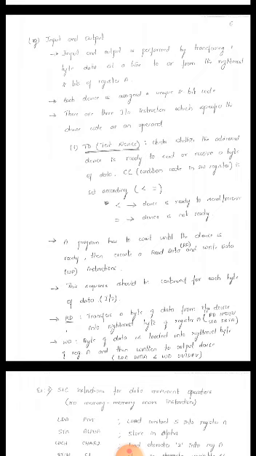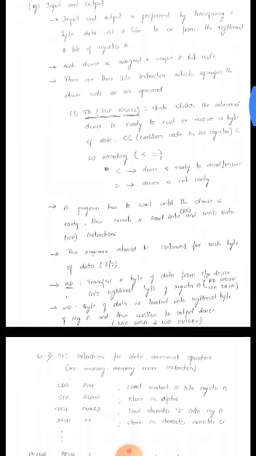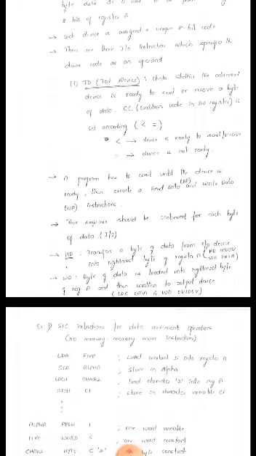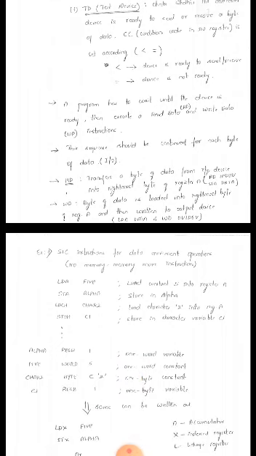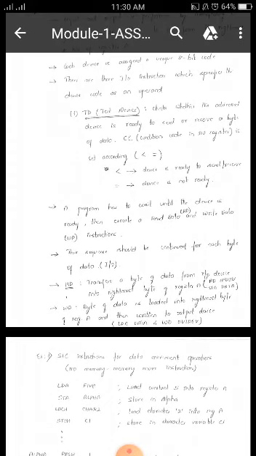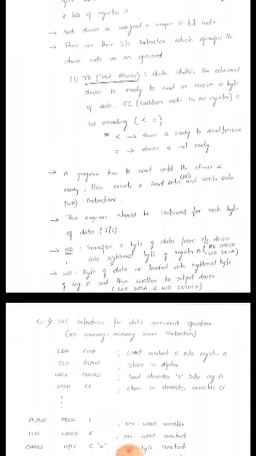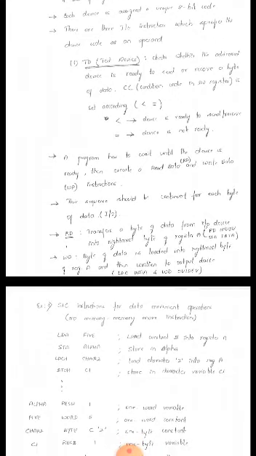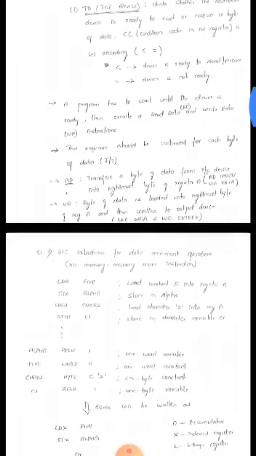Before I make any input and output call, I have to check whether the device is ready to send or receive. So you have 3 instructions that go hand in hand: test device, then read, then write. Test device means you have to check whether the device is ready or not. It will set the CC code to less than or equal to. Less than means the device is ready to send or receive, equal to means the device is not ready. So you have to loop back until the device becomes ready. Once it is ready, you can do the RD.